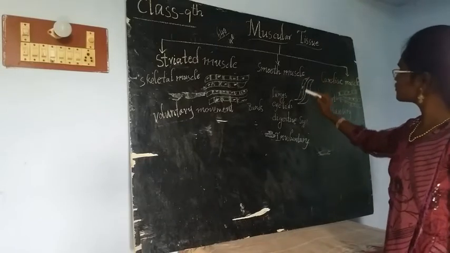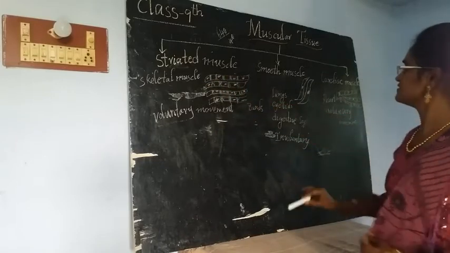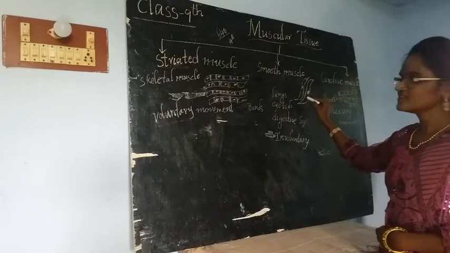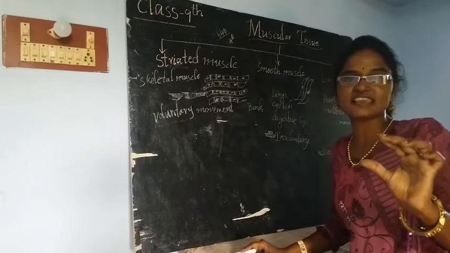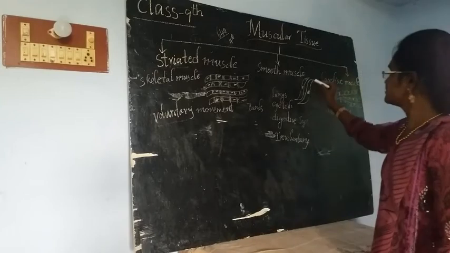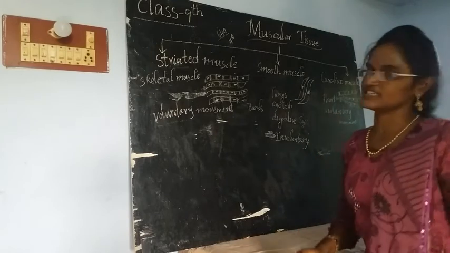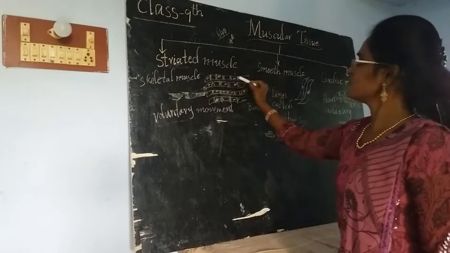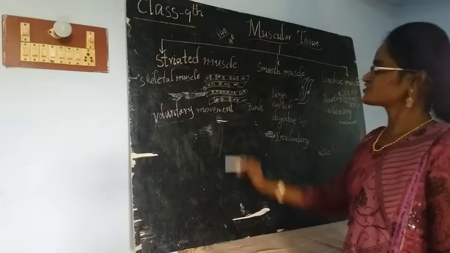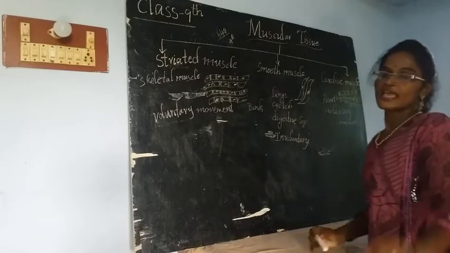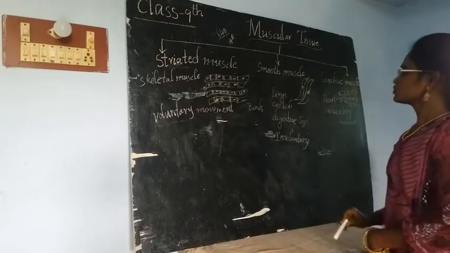If you observe the structure of the cell, in striated muscle the cells are cylindrical. Here, how are they looking? They are not cylindrical. They look like a spindle. The cell is in the shape of a spindle, with sharp edges. And they contain only a single nucleus. But in striated muscle, we find multinucleated cells, where a single cell contains many nuclei, and striations. Here there are no striations and the single nucleus is present in the middle of the cell. That is smooth muscle.